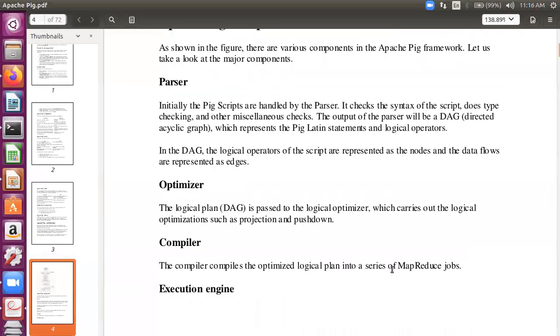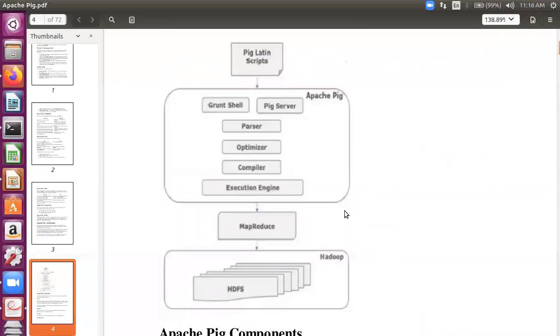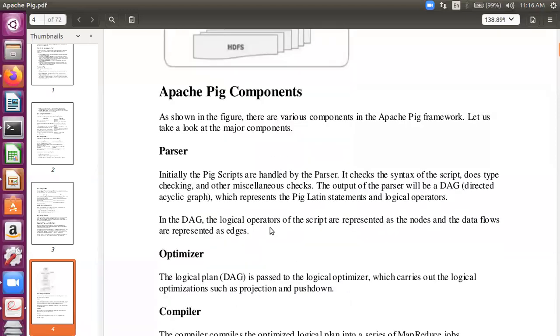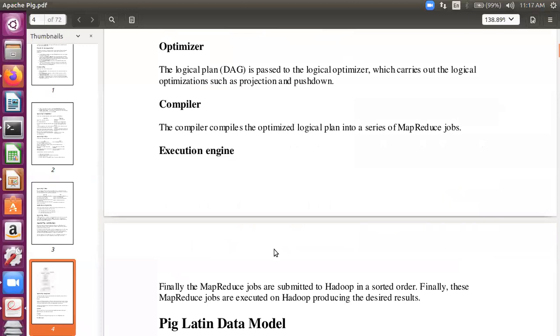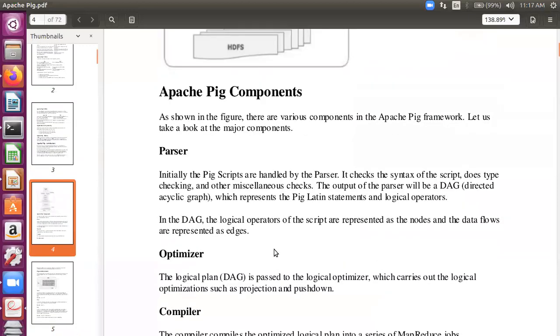This architecture does a lot of things internally, but these are the key things occurring in there. This diagram is important, and the explanations of each of them, parser, optimizer, compiler, are important. Have a good look at it again. The parser checks your syntax, does type checking and other miscellaneous checks, whatever needs to be done before your script is converted into a DAG.